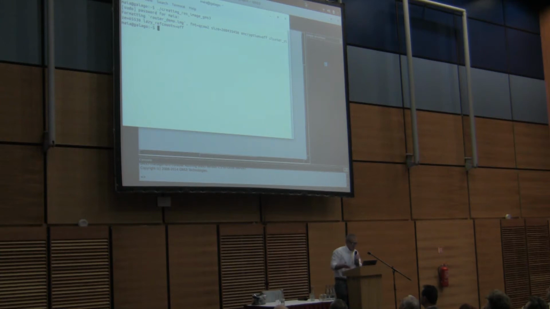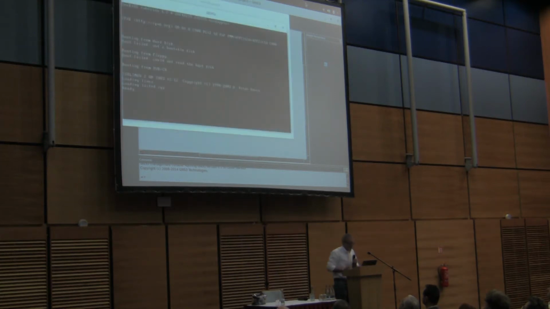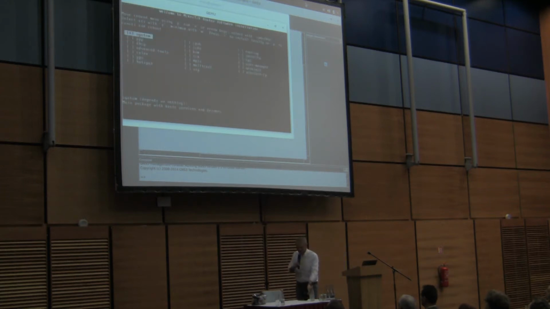So this is the creation, and then now the system is installing the MikroTik. Of course, previously I downloaded the .iso image from the MikroTik website, it is in the same directory, and you get a screen like that.